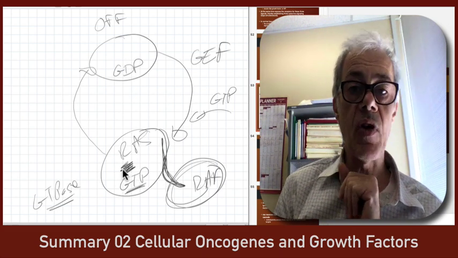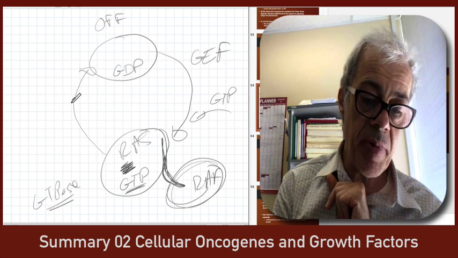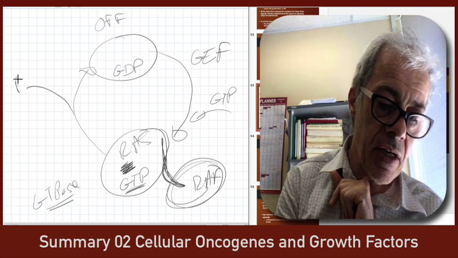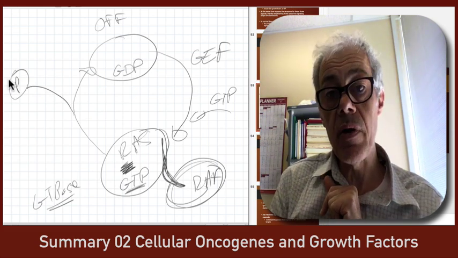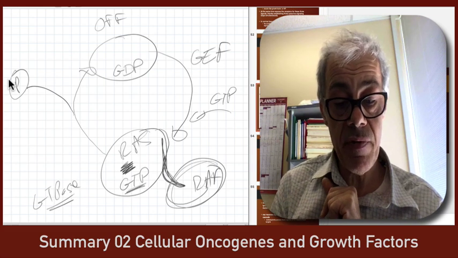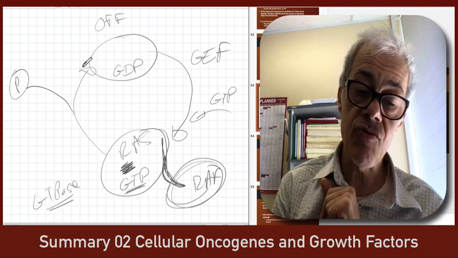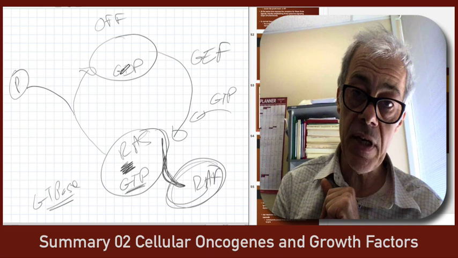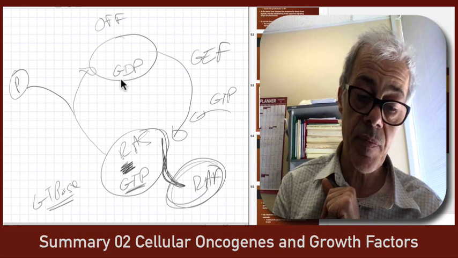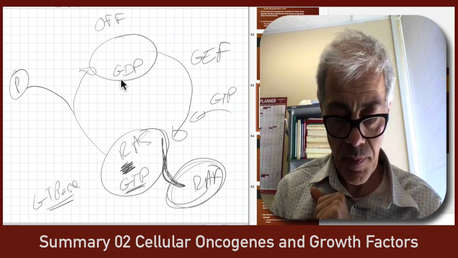So at some point, without the mutation, a normal RAS is a GTPase. It hydrolyzes GTP to cleave off one of those phosphates. The gamma phosphate from GTP is cleaved off, and RAS returns to its GDP-bound state, which is off. Okay, so